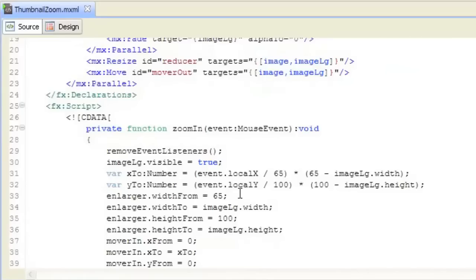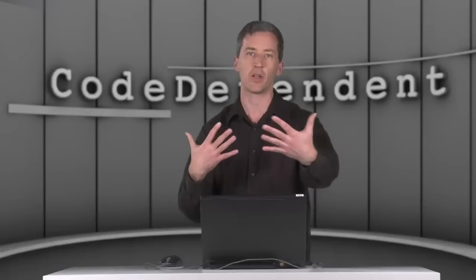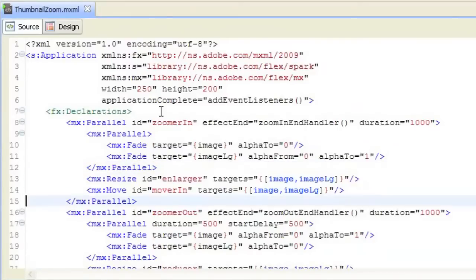And that is going to use the effects that are declared above in our declaration section. So we have the zoomer in effect, which is a parallel, which is going to do a crossfade between the two. So this is going to fade the thumbnail out while it's fading the high resolution image in. And then we're going to do a resize at the same time on both targets and a move on both